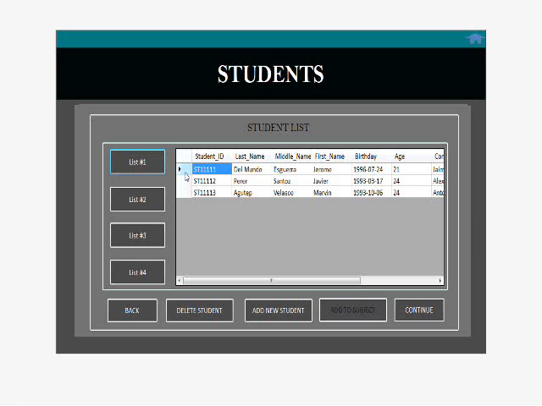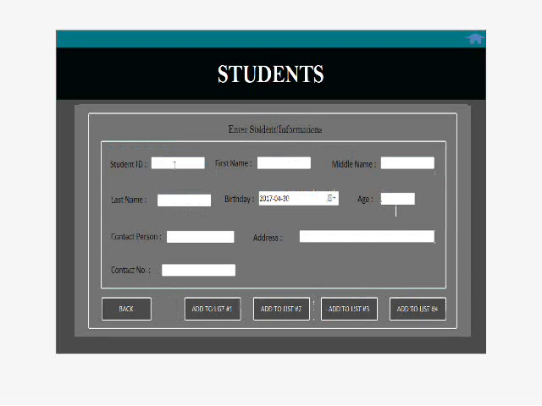So when adding a student in our selected subject, we just have to add a new student first. Student ID, then first name, middle name, last name, and then birthday.